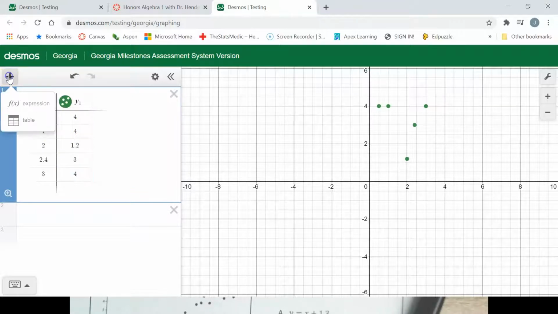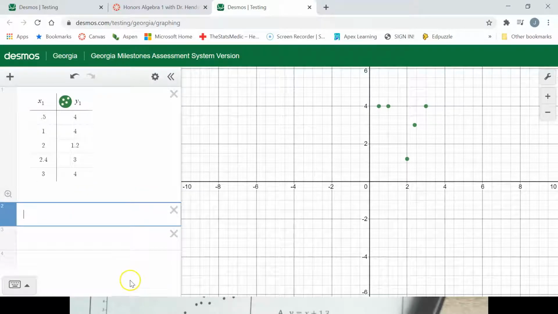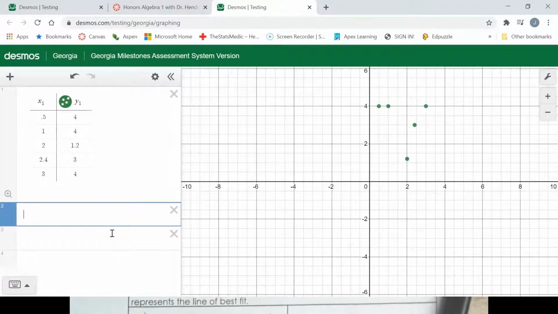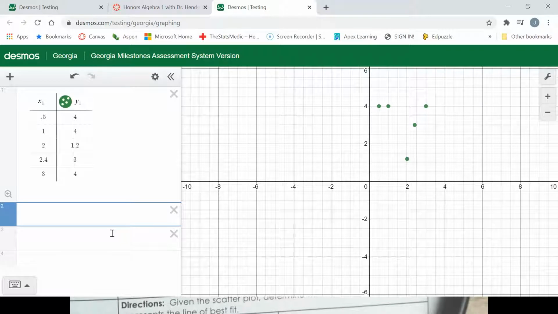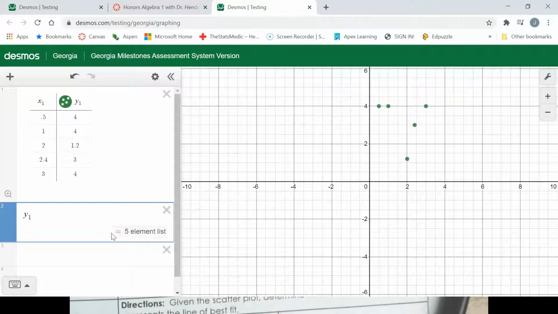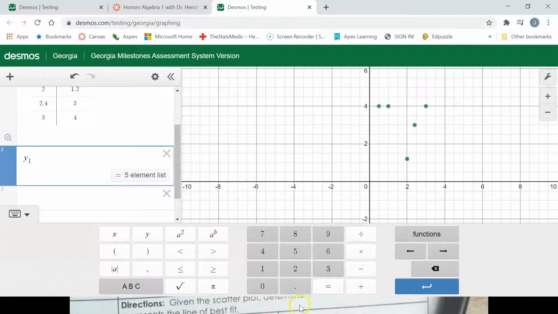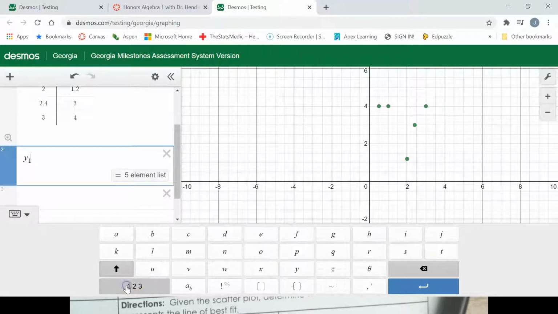Go back to the plus sign and hit f of x expression. Okay? Now listen very closely. I'm going to make a separate video on this, but you will press the Y and then 1, and it will automatically go Y with a sub 1. Now normally we'd write equals, but this is a little bit special. Click your keypad, okay, and in your ABC there's this tilde sign right down here,